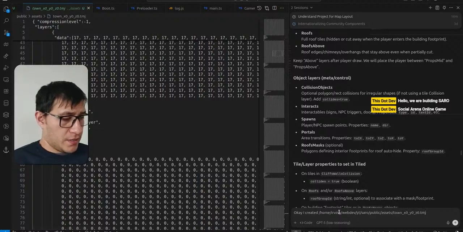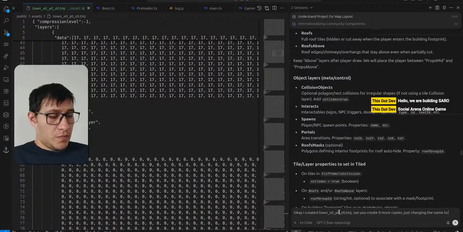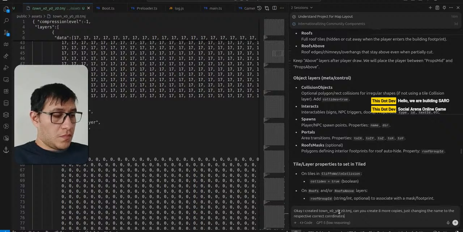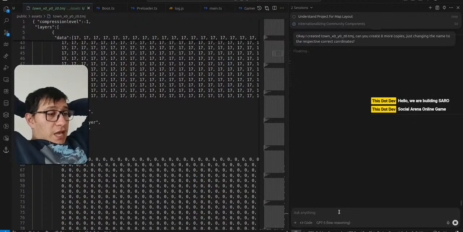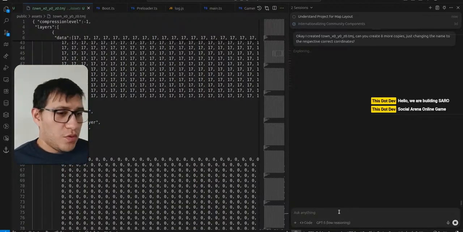I created... can you create 8 more copies, just changing the name? Okay, I created that file. I need you to recreate the other files using a command,